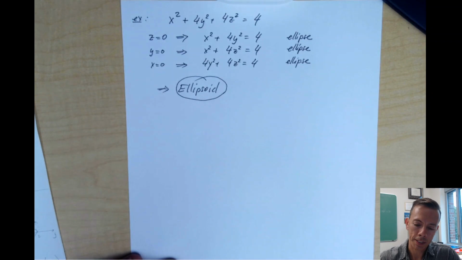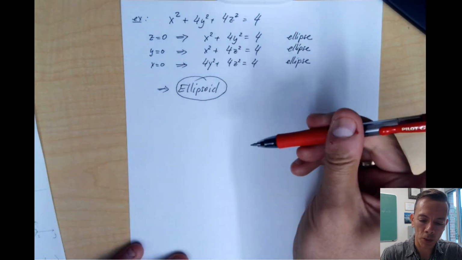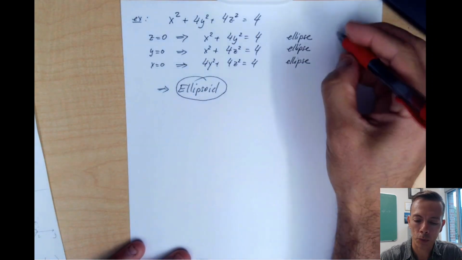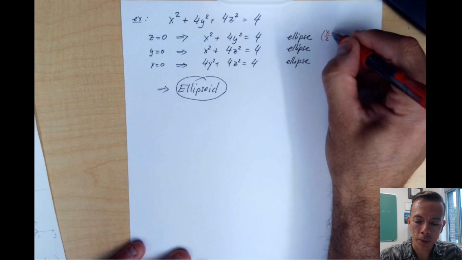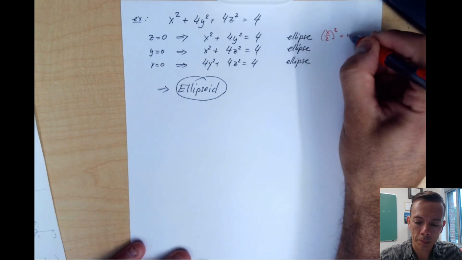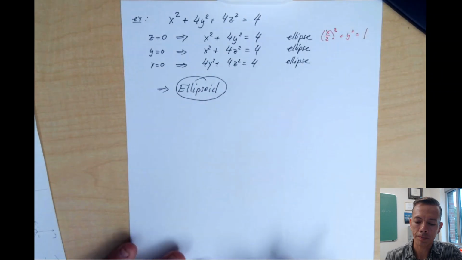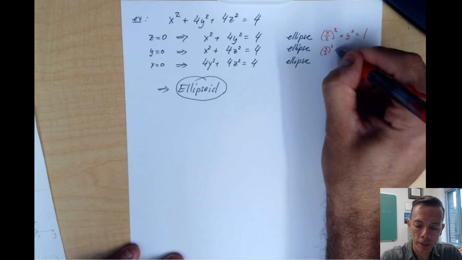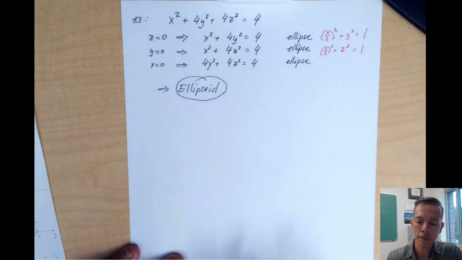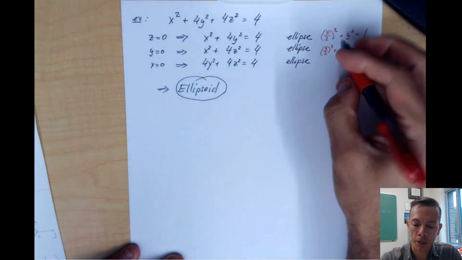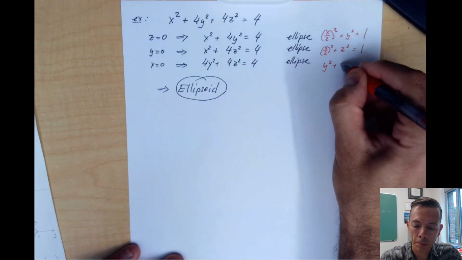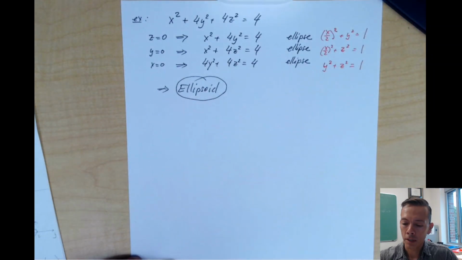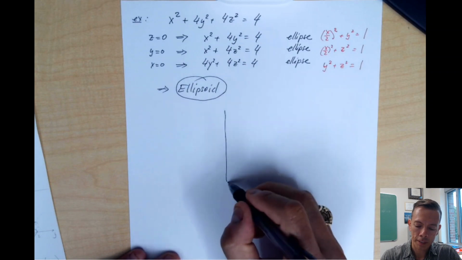So now if we want to sketch this, we have to transform these equations a little bit. This first ellipse, if we rewrite it in canonical form by dividing through by 4, gives you x over 2 squared plus y squared equals 1. The second one is x over 2 squared plus z squared equals 1. And the third one, dividing through by 4, gives you y squared plus z squared equals 1, which is just a unit circle. Okay, so if we try to sketch this,